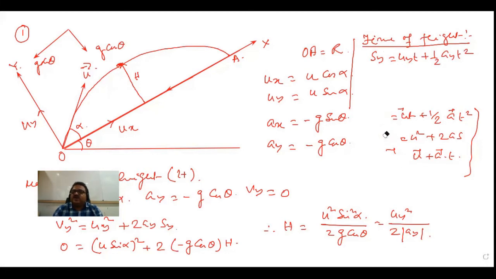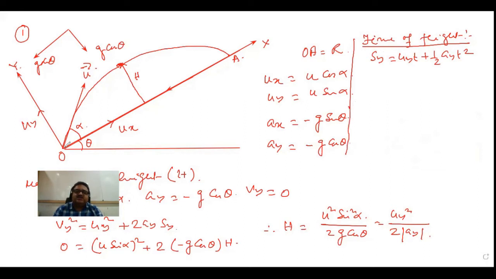If I look at this, it starts from here and ultimately comes here, that means sy is 0. What is uy, the initial velocity along the y-axis? u sin alpha, times t, the time of flight, plus half. What is ay? ay is minus g cos theta,